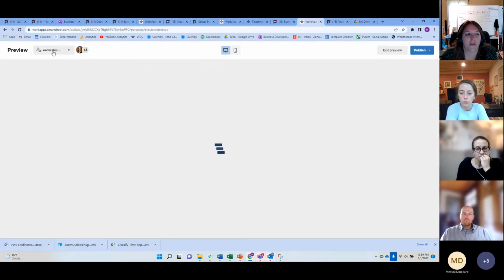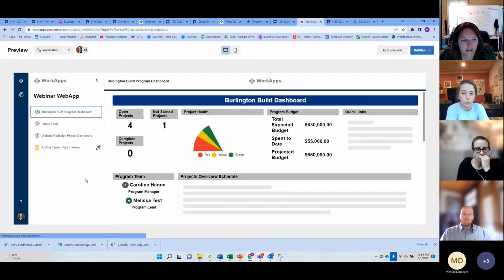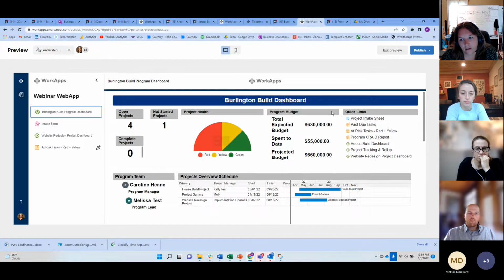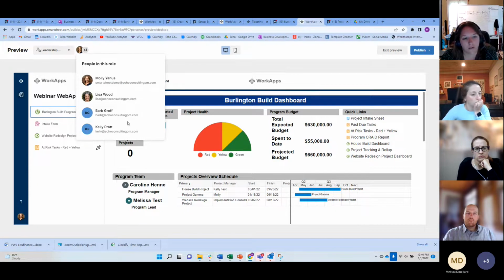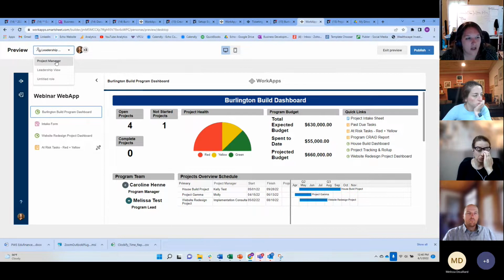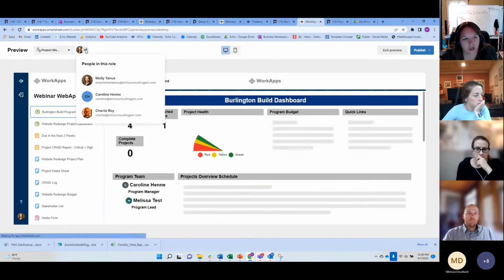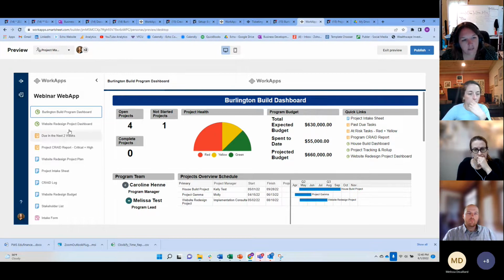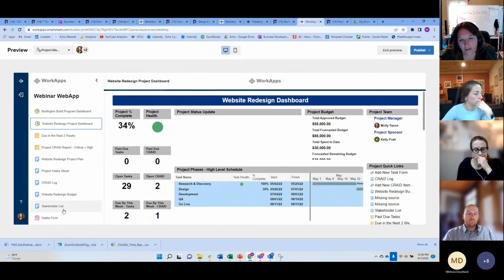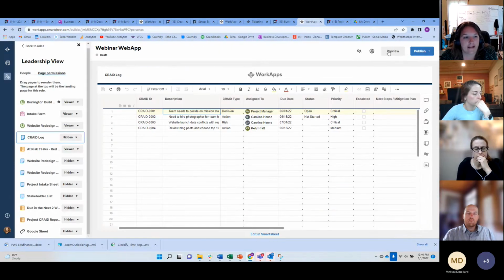And I'm expecting to see from my leadership team that they're only going to be able to see 4 things. And let's see here. And it's in the order that I would expect to see it. Makes sense? And same functionality as a typical dashboard, right? You can scroll up and down and things like that. So I'm going to go ahead and, let me actually, so see, I can see who's here. These are the people that have access to this. And then I'm going to come over here. I'm going to see the project manager view. I would expect to see Charlie and Caroline. Now I can see this same concept, but I can see additional components that I would expect to see from here. Right? I'm going to go ahead and exit the preview